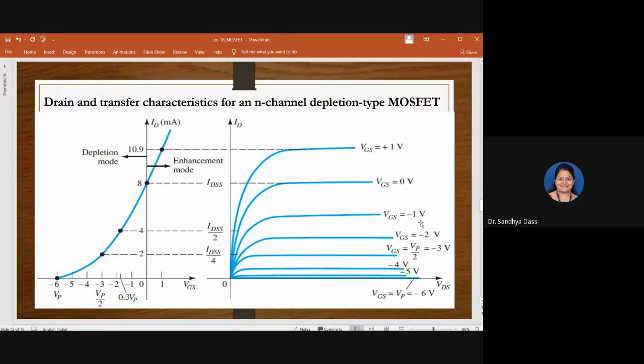Similarly, as you increase the reverse voltage applied across VGS, so -1, this is the characteristic. For VGS equal to -2, you have this characteristic. Observe that the drain current level is decreasing. When VGS is equal to 0 volts, this was the maximum drain current, the saturated drain current, IDSS. When you made VGS more negative, the level of the saturated drain current dropped, right?